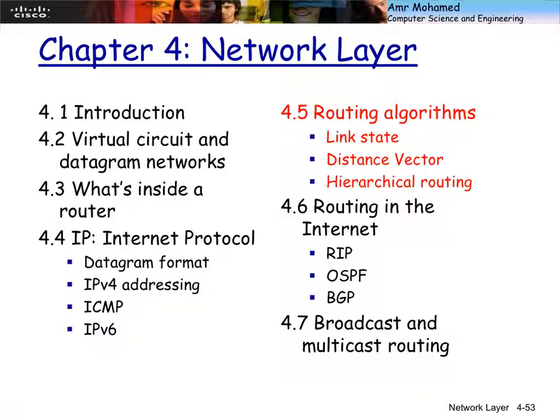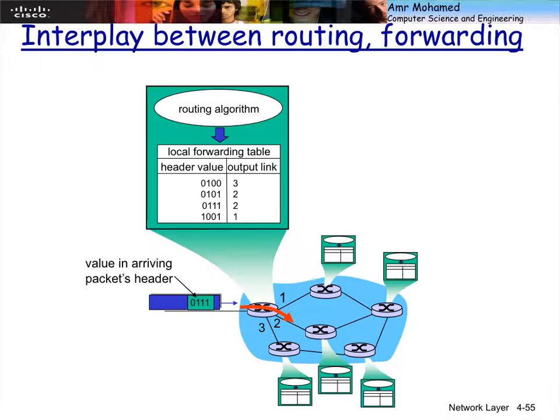The routing protocols are divided into what we call link state routing protocol or distance vector, and we'll talk about the difference between them. And there is, of course, the hierarchical routing, which uses two levels of routing, which includes border gateway protocol that we will also discuss later. So in terms of classification for these routing, so basically,